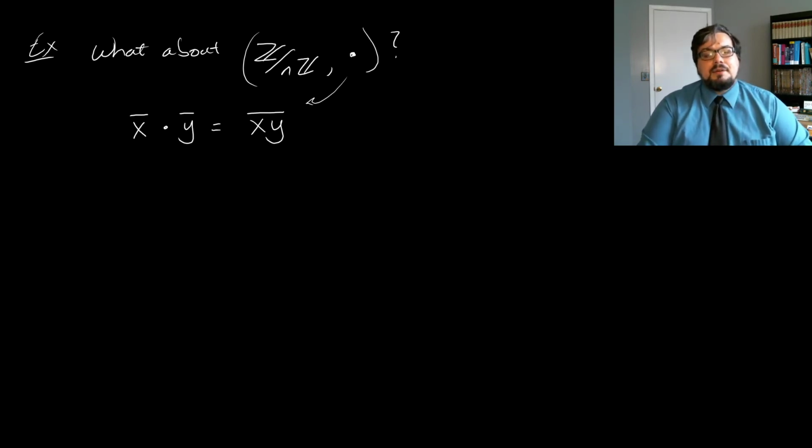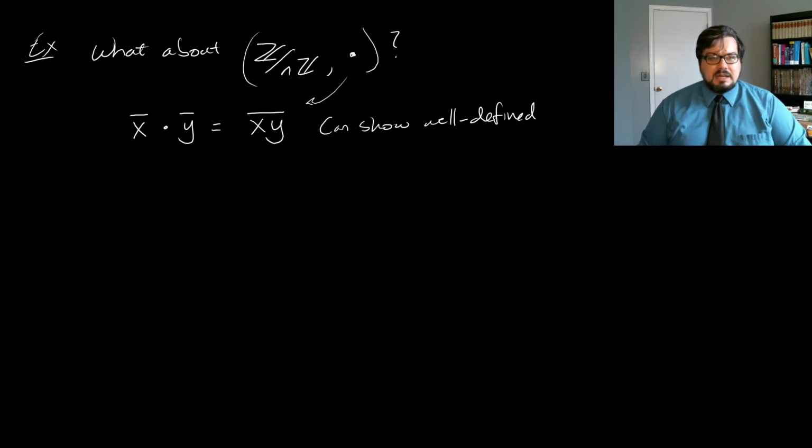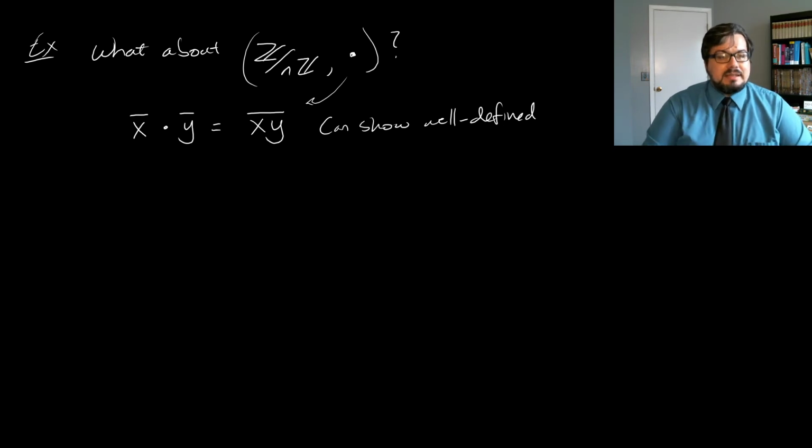Now again, we can show that this is well defined. It is well defined, and that's a good exercise to go through to prove that if X bar equals X prime bar and Y bar equals Y prime bar, then XY bar is equal to X prime Y prime bar. So we can show that it's well defined. I'm going to skip that for a second. We can go through and see that